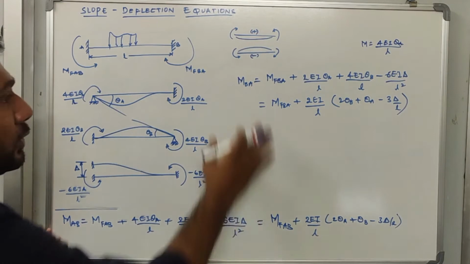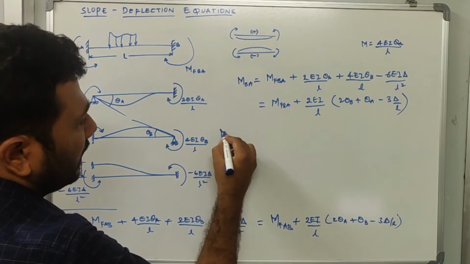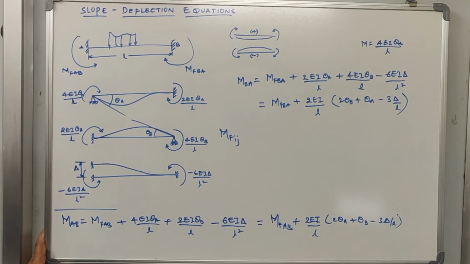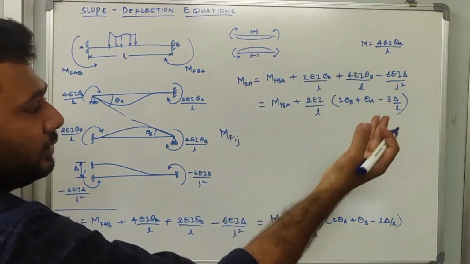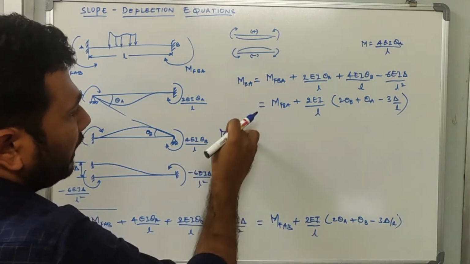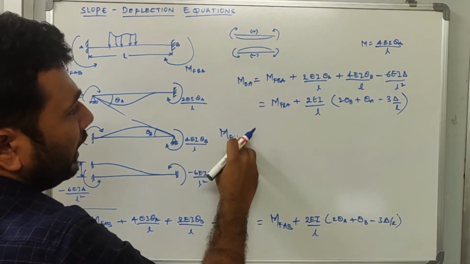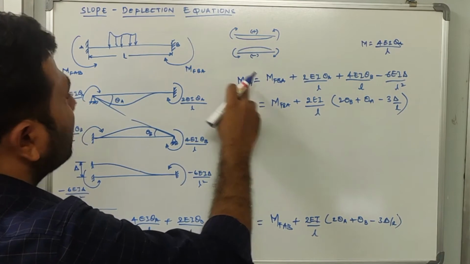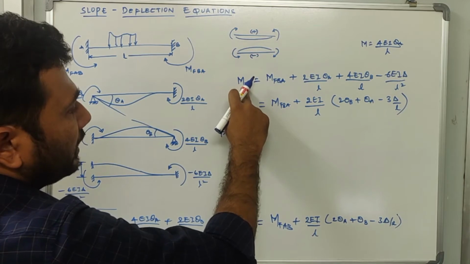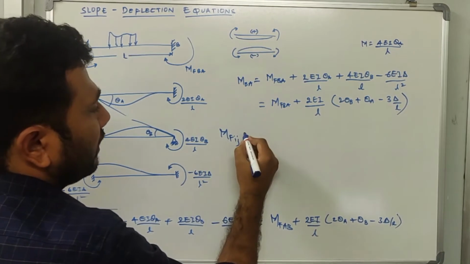Now if you see these two equations for MBA and MAB, I can write a generalized equation like this: MFIJ, where I is some arbitrary end, okay, and J is the far end, okay. Now for example, this MFAB is representing both BA and AB, okay. So in BA, B is your near end, and A is the far end, right. So I is representing B and J is representing A, where B is the near end and A is the far end. So I is representing near end and J is representing far end, is equals to